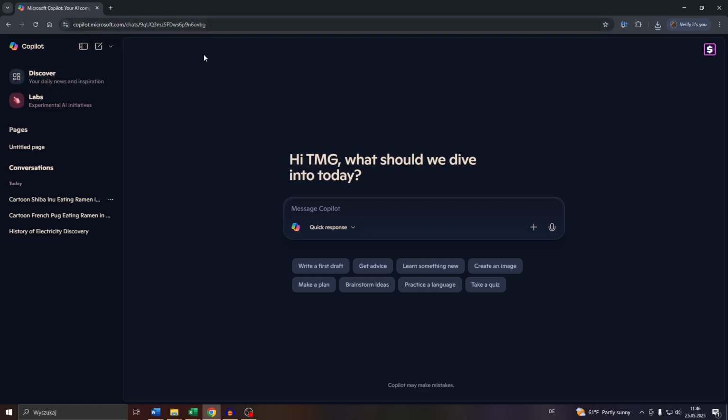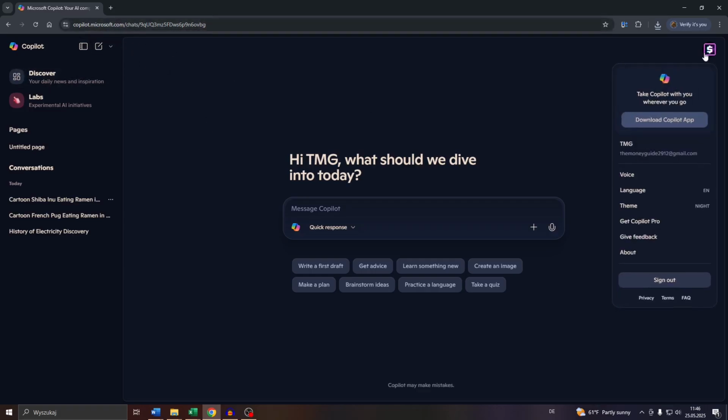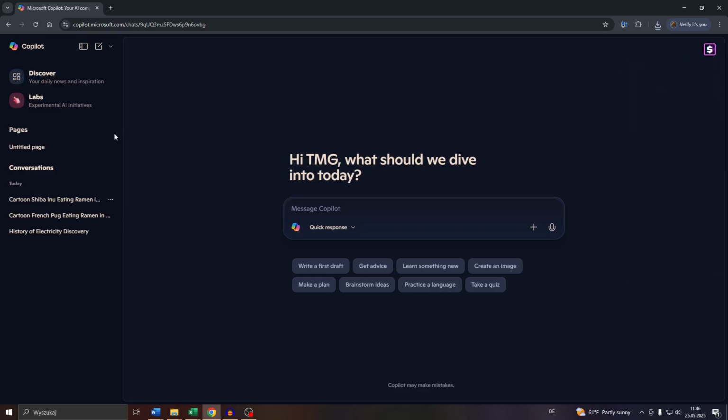Head over to Microsoft Copilot, make sure that you're logged in with your account here in the top right corner, for example, with your Google or Microsoft account. What you want to do after that is click on that button in the top left corner, start a new chat. And what you want to do, guys, is simply use that text box here where it says message Copilot